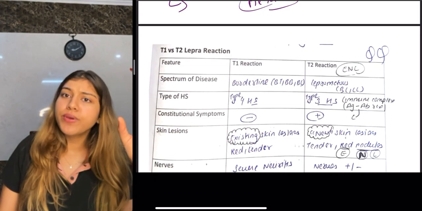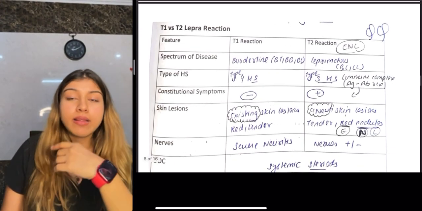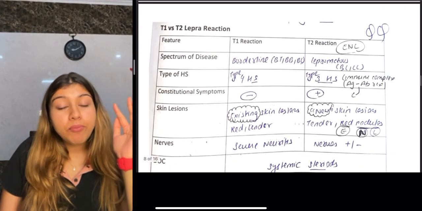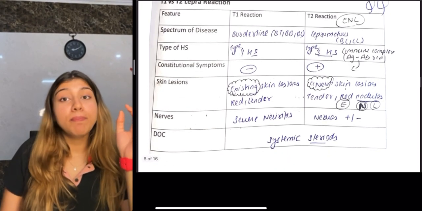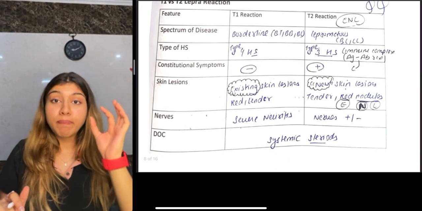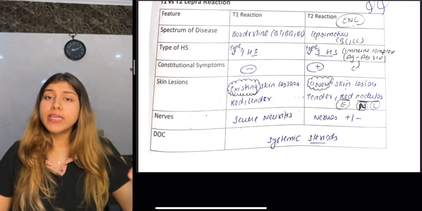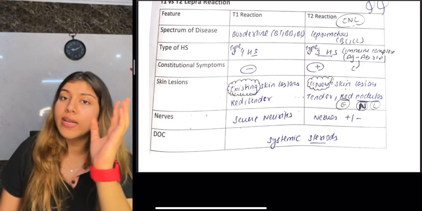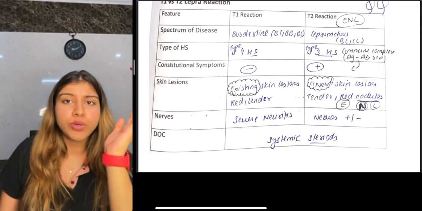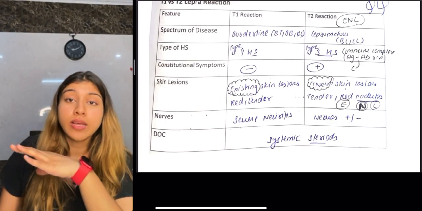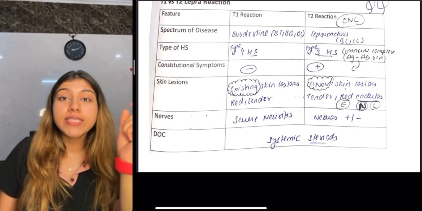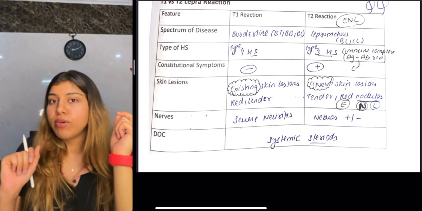Now guys, let us differentiate between type 1 and type 2 lepra reaction. There are various features that we're going to look at, so let us differentiate now. Your type 1 lepra reaction, guys, is going to have the spectrum of diseases which we spoke of from TT till LL, right. We already said that the tuberculoid type will give you a good course, so we are not going to involve it over here. It has nothing to do with your lepra reaction. Why? Because what was lepra reaction, guys? It was an immune mediated acute inflammation, right.